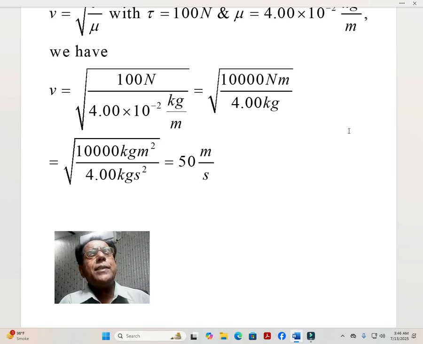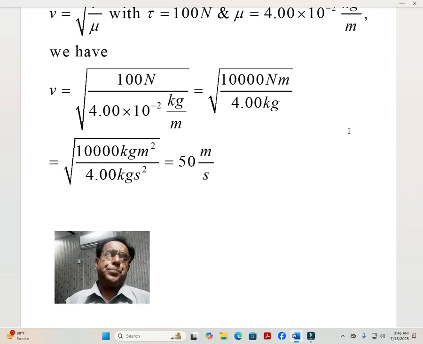And this kilogram is already present, and the second square will be of Newton. We have replaced Newton by its alternate units, so we get the expression as kilogram meter square per kilogram second square. Here kilogram will be cancelled from the numerator as well as denominator,